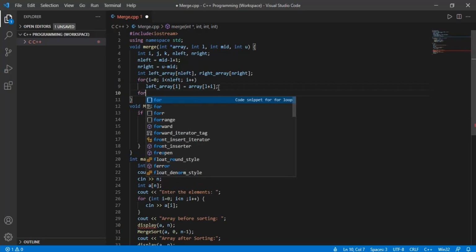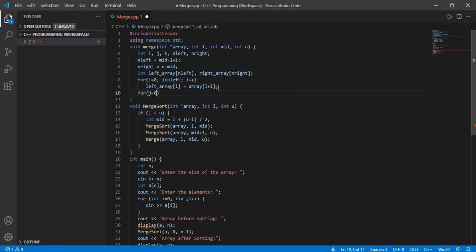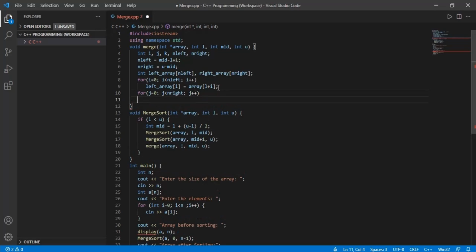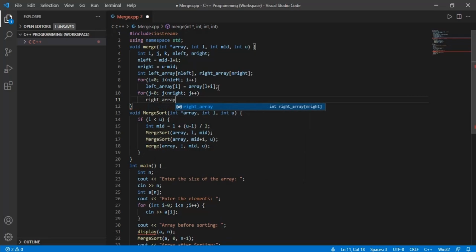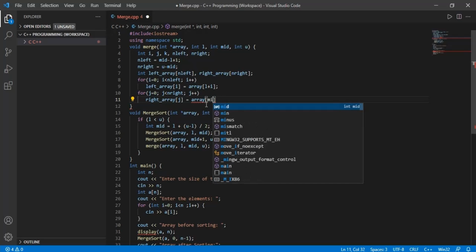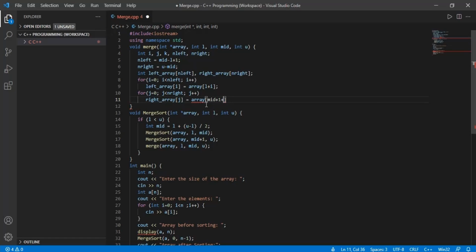Similarly for the right subarray, we'll write a for loop with j equals 0, then j is less than n right, which is the size of the right subarray, then j plus plus for the incrementation. Then we'll write right array of j equals the original array of mid plus 1 plus j, as it starts from the mid plus 1 value, to access the consecutive elements again.